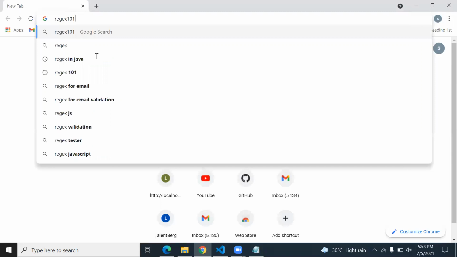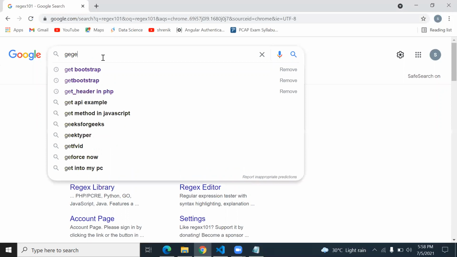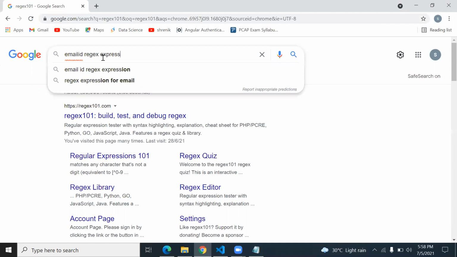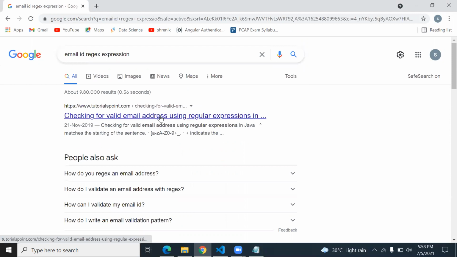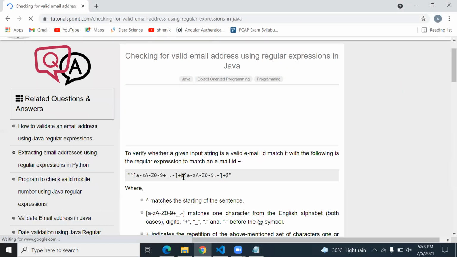On Google, you can get some results, and from there you can copy the correct format of email ID. So instead of compiling and discussing more about regex, I just get this copy.